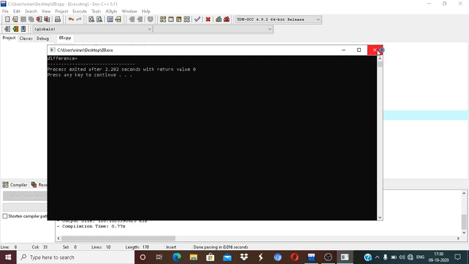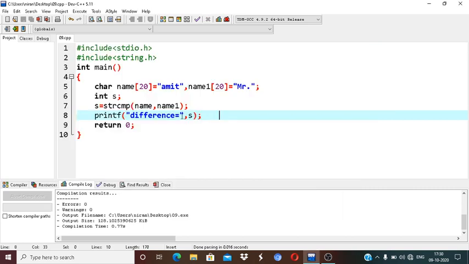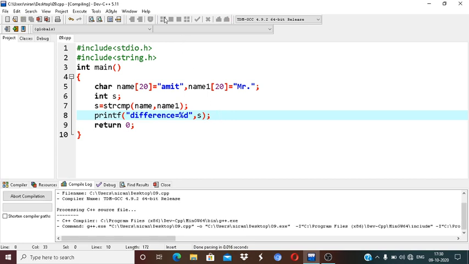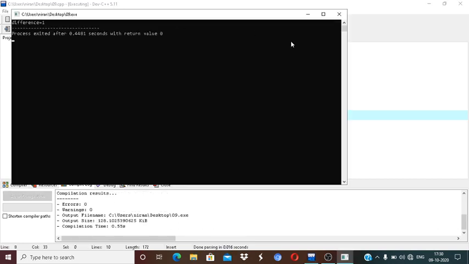It shows nothing. What is the problem? Sorry, it is my mistake, I did not give any format specifier. Please remember this point. Okay, the difference is 1.